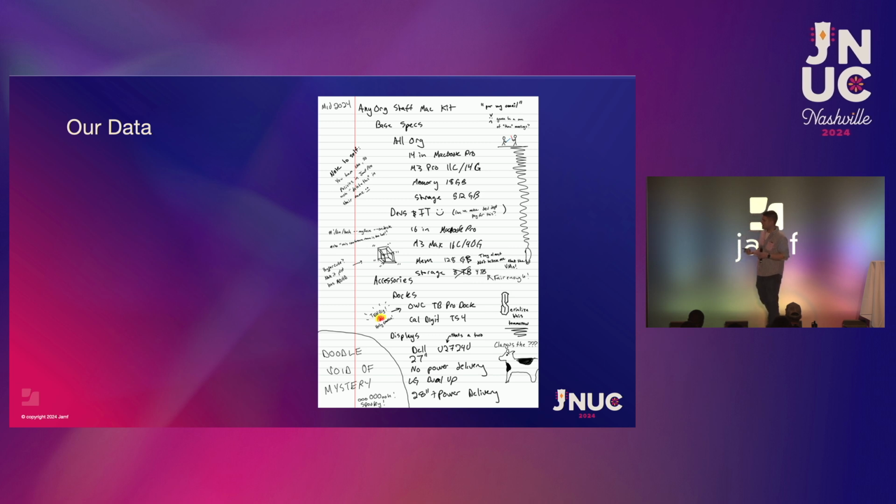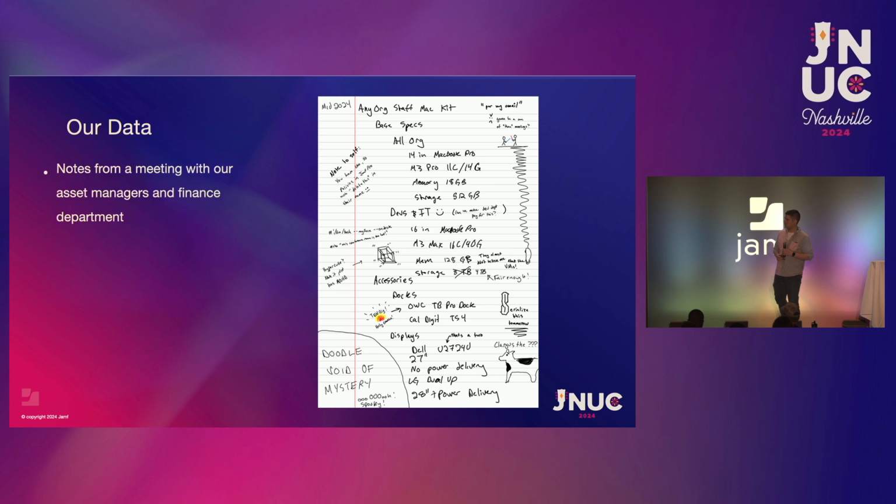And this is a mess, right? We had a meeting. It was maybe an hour long, and there was a bunch of back and forth, a bunch of vibrations going around in the air that have some meaning to all the people who were in the room. They remember it, but my team needs to know about this. So I took some notes, and as it usually happens when I take notes, I get bored, I get distracted, I start doodling. So I have some things that I need to do, right?